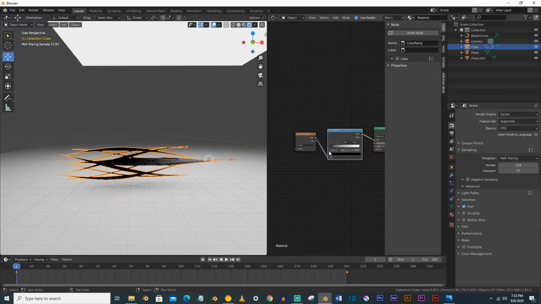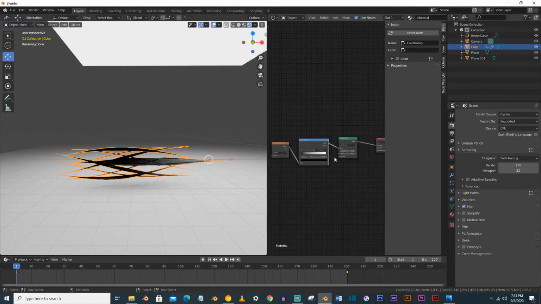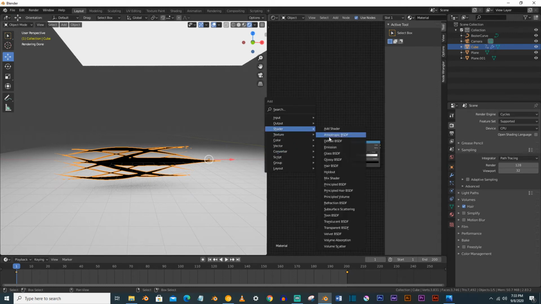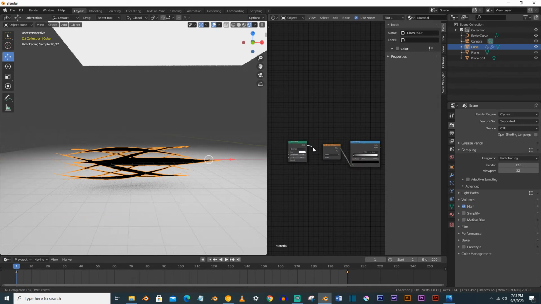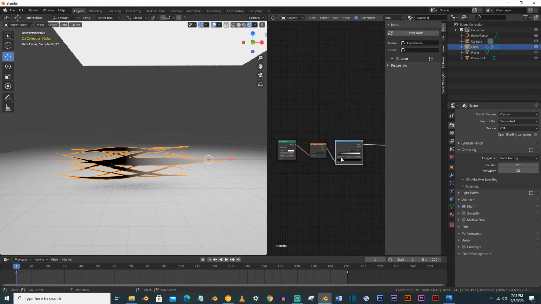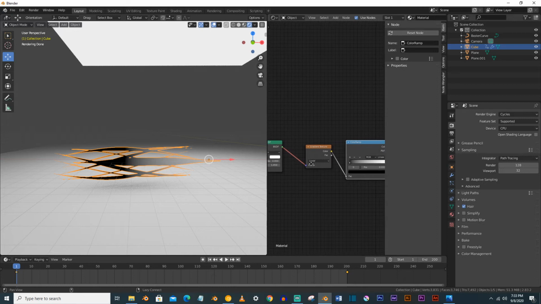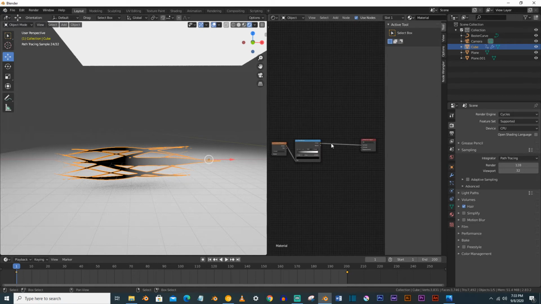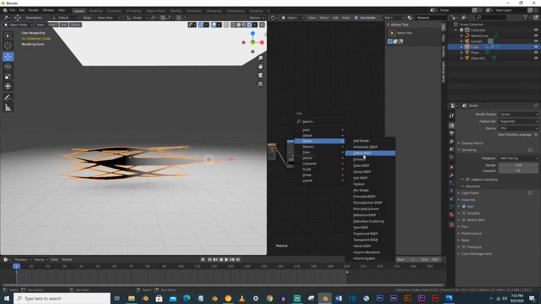Color ramp here and shader, we will make it at the end of this. Now I think we have to put this in the middle, shader and glass shader.